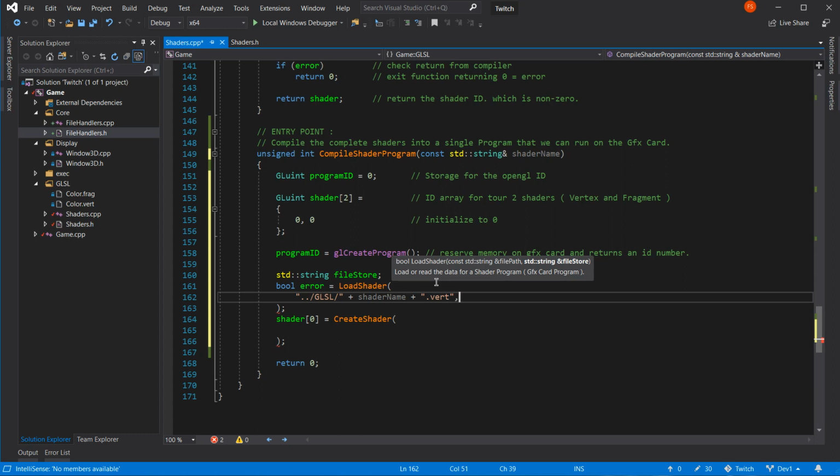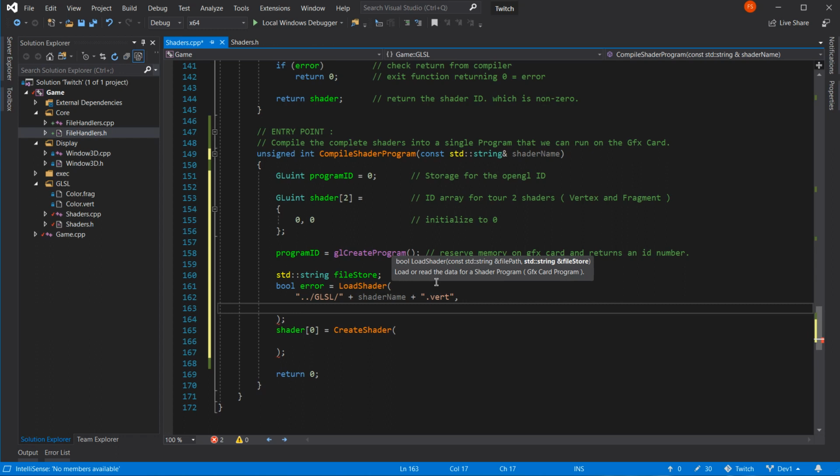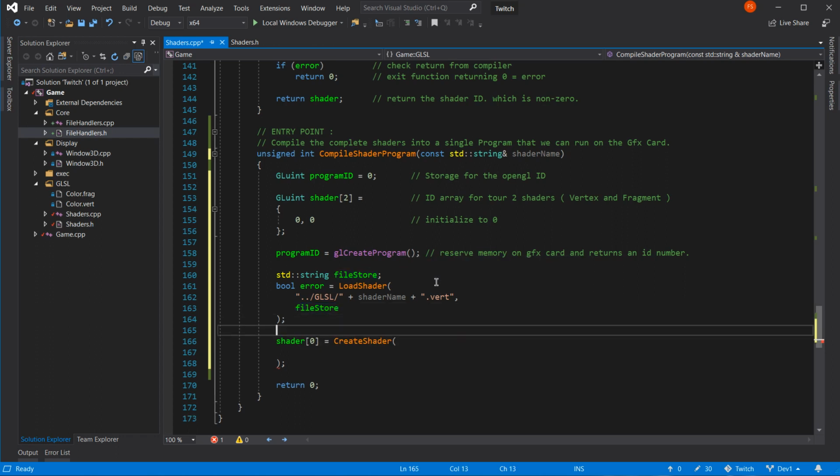And then we just need a file store string. And we have an error check on that. Okay, I'll sort the error checks out afterwards. Lovely.